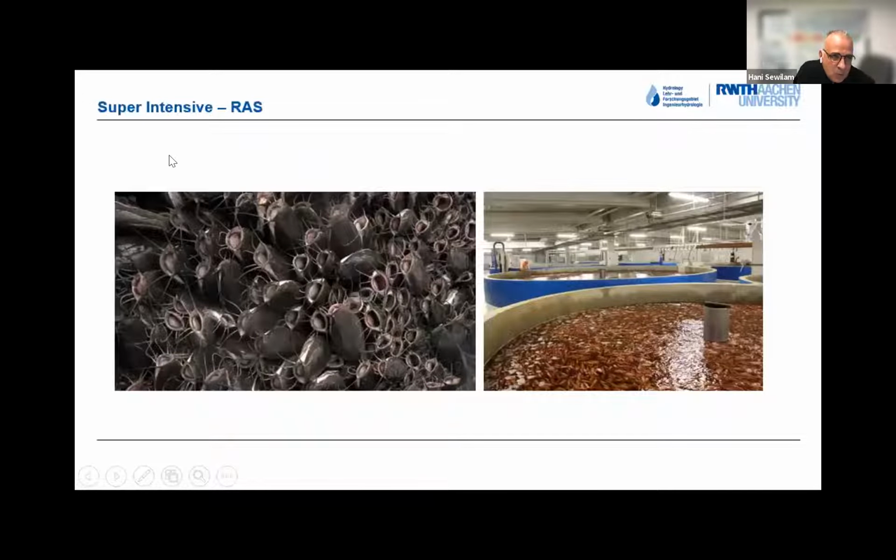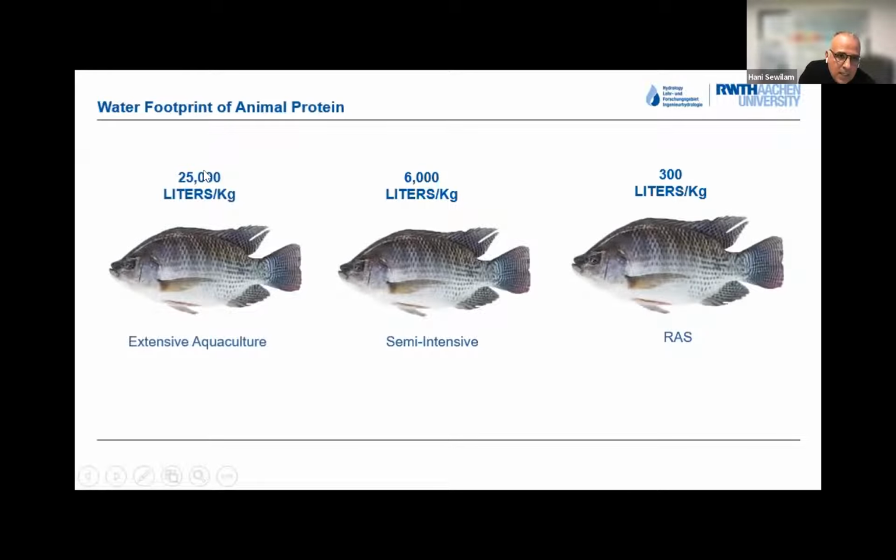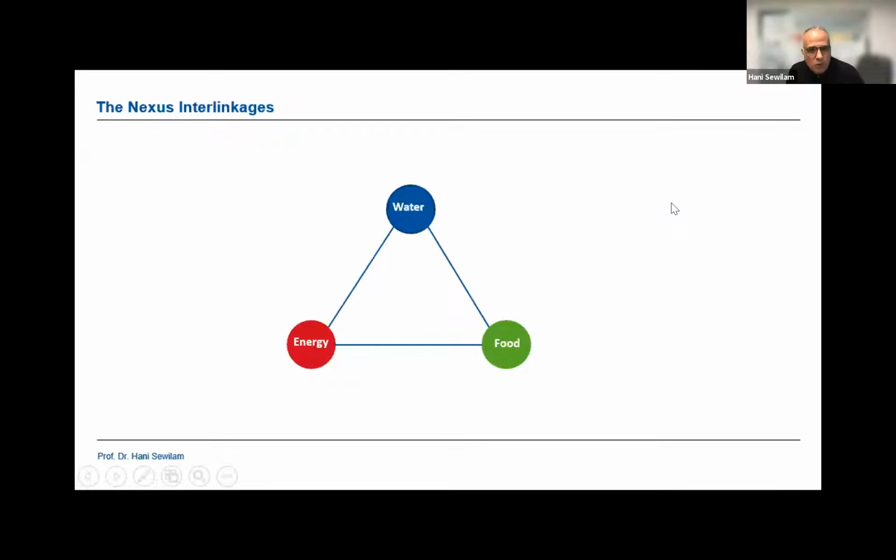this is high tech. This is what we call a recirculating aquaculture system. Of course, I don't recommend it for small scale farmers in Africa, but for commercial purposes in Africa it could be interesting. So with this, you can minimize the virtual water of 1 kilogram, and then you reach the concept of producing more food with less water. And this is one of the examples that I wanted to cover.